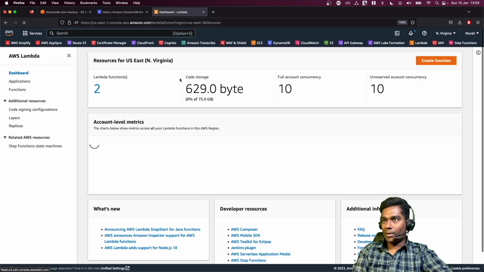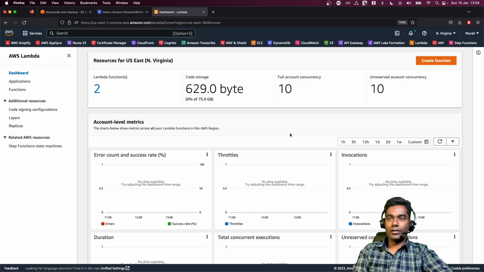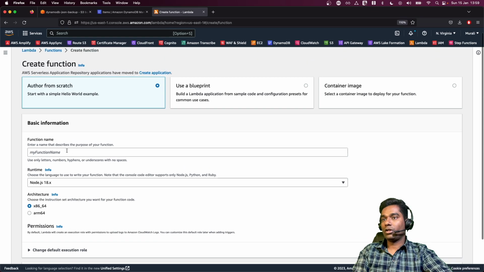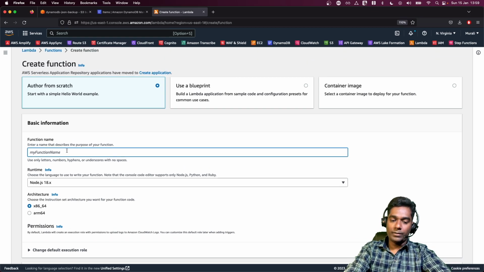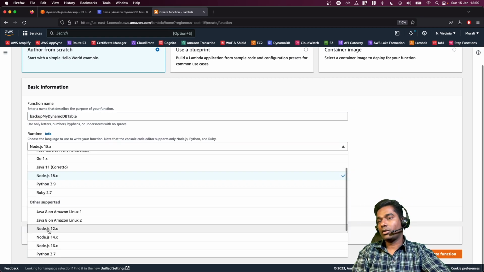Just go ahead onto the Lambda page, okay, and click on create function. So we're going to create a function called something like backup my DynamoDB table. Okay, so this is what my function name is, and I'm going to choose something like node 12,